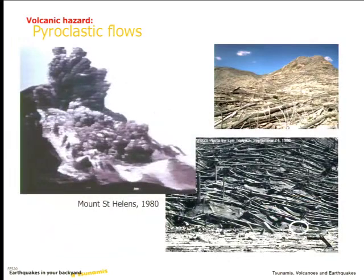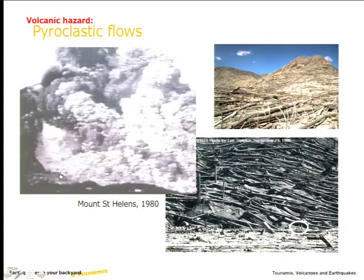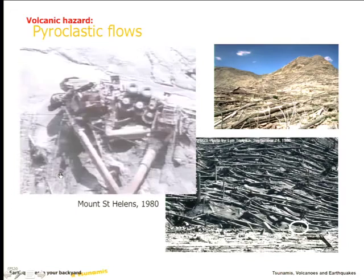I'm not sure. Unfortunately, this little animation is the only one I have, and I think it stopped working. But this shows the eruption of, there you go, of Mount St. Helens in slow motion. Mount St. Helens kind of exploded out of the side, okay? And so it explodes, a big explosive eruption, because a lot of material went up, but it also exploded out sideways. And so these